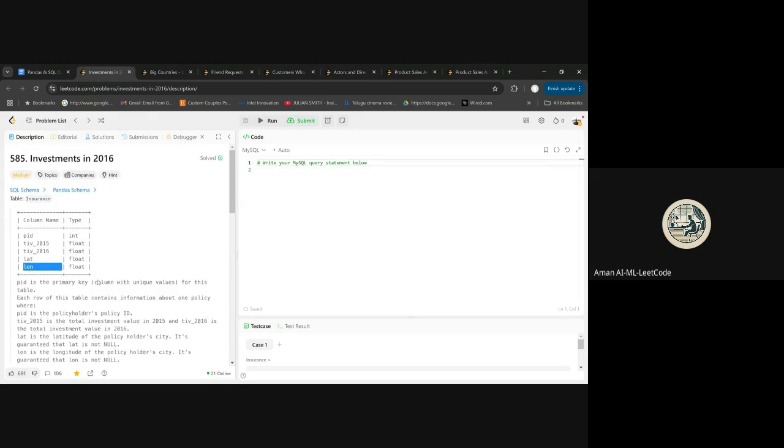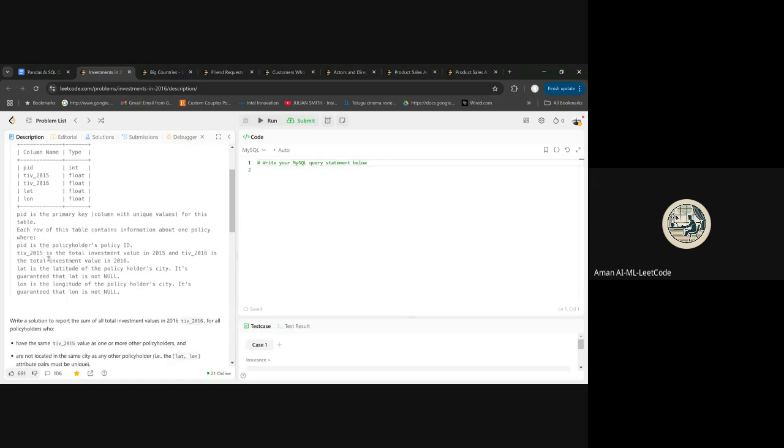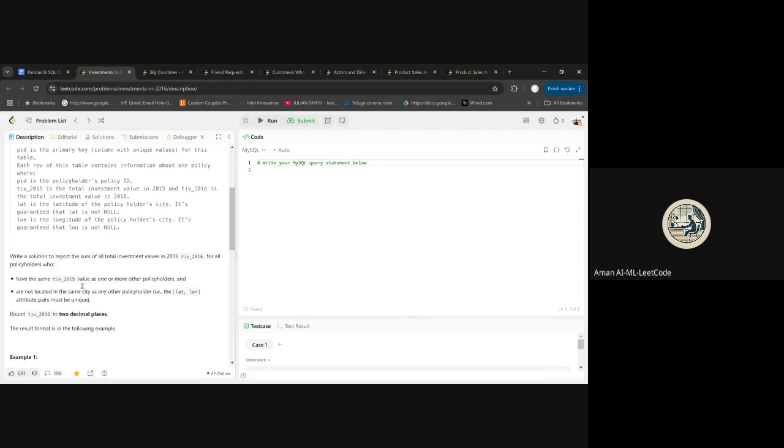These are basically information about the insurance, and TIV means total investment value. PID is the policy holder's policy ID. TIV 2015 is total investment value in 2015. TIV 2016 is total investment value in 2016. Latitude and longitude is the city's position, and it is guaranteed that they are not null. So we have to find out